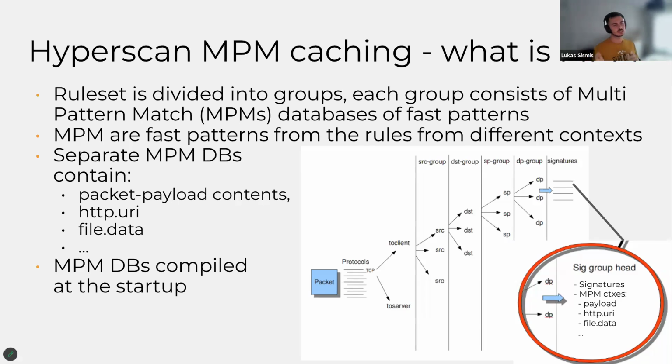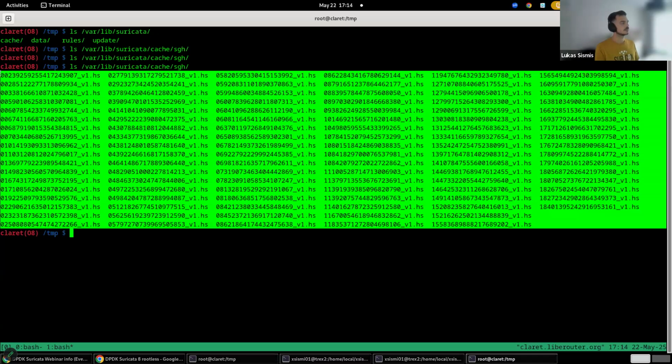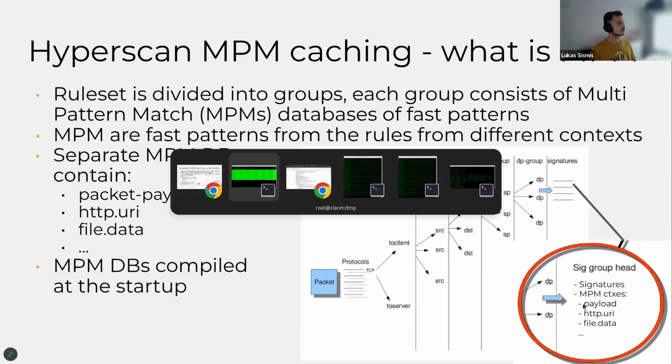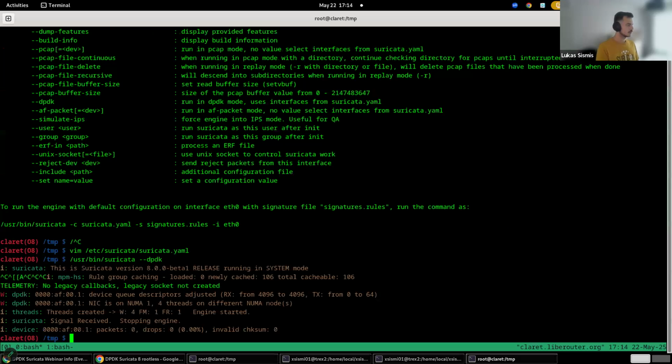Basically, each sticky buffer has separate MPM contexts, which are the collection of patterns relevant for that sticky buffer in the given signature group. And what are the files? These files are the individual MPM contexts. Okay, and yeah,